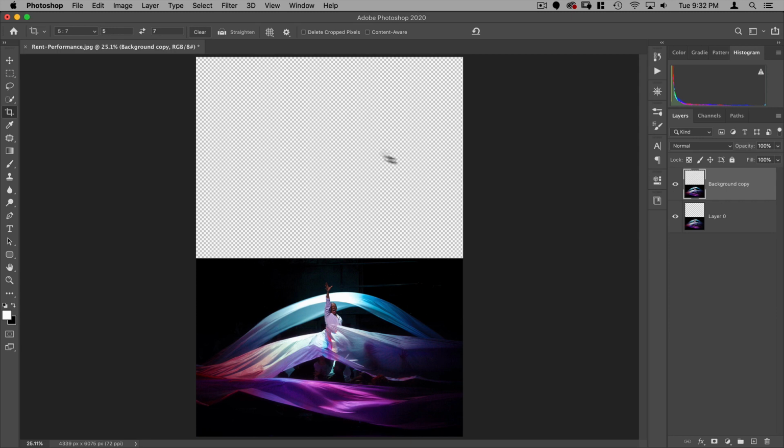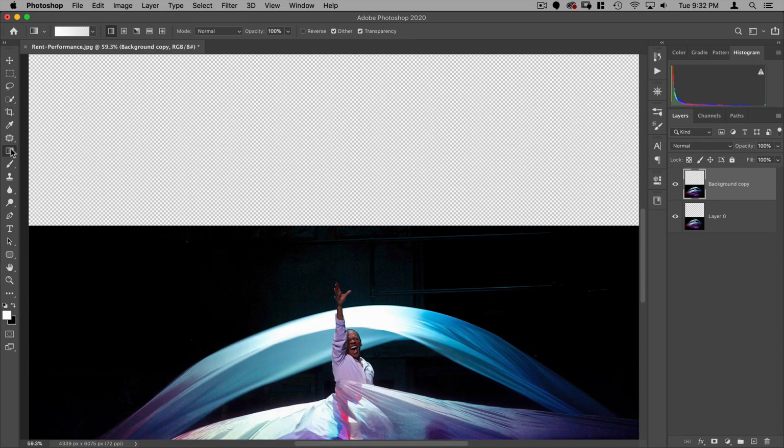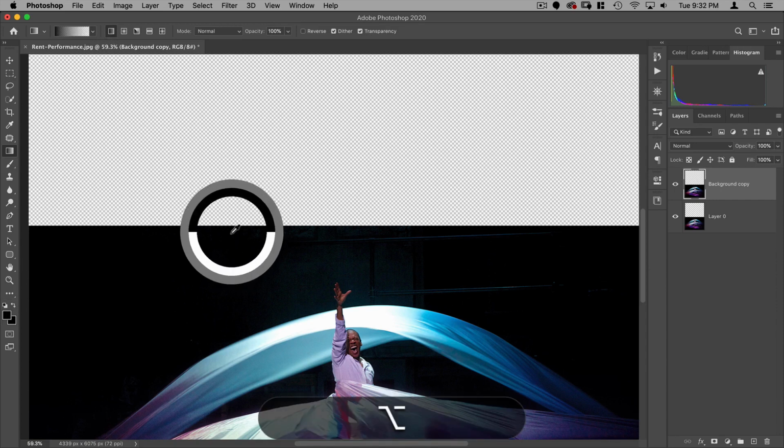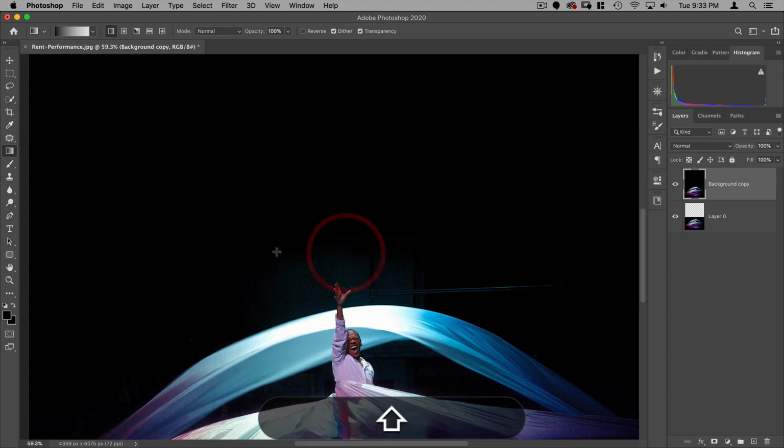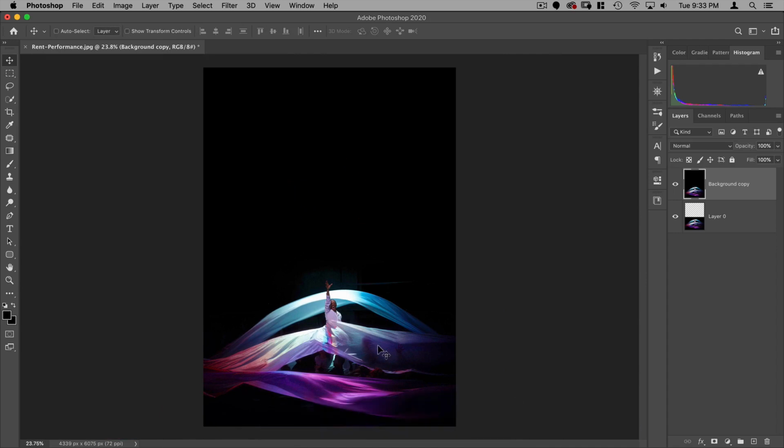Next thing I want to do is just fill this top area with this background color. So if I zoom in here, go onto my gradient tool, make sure I'm on foreground to transparent, which I am. Make sure I'm on the linear gradient. Then I'm going to select my foreground color to be this kind of dark blue here, and then just start my gradient here and go to right about where the hand is. You can see that's covered this area. You can see here that it's a little lighter here than there, so I might just select this darker color and do this, and that. So there you go. I've now covered it, and now what I can do is start adding my lights.